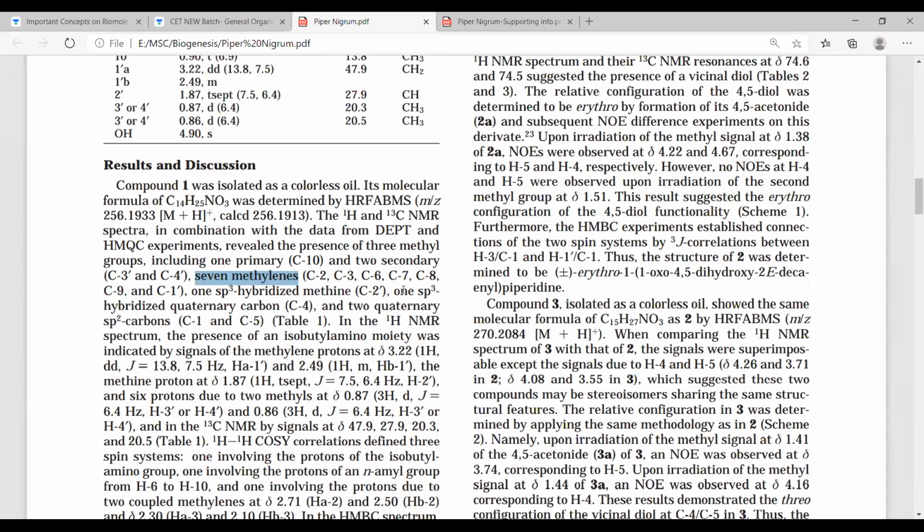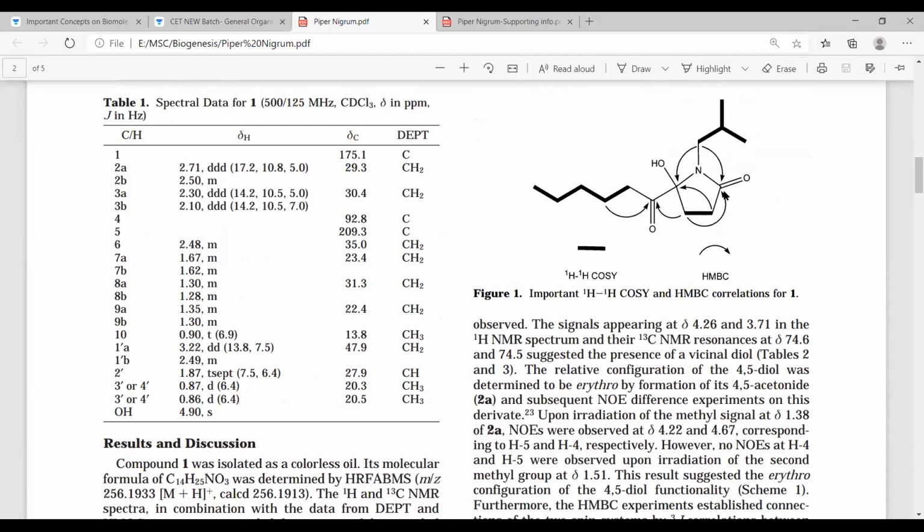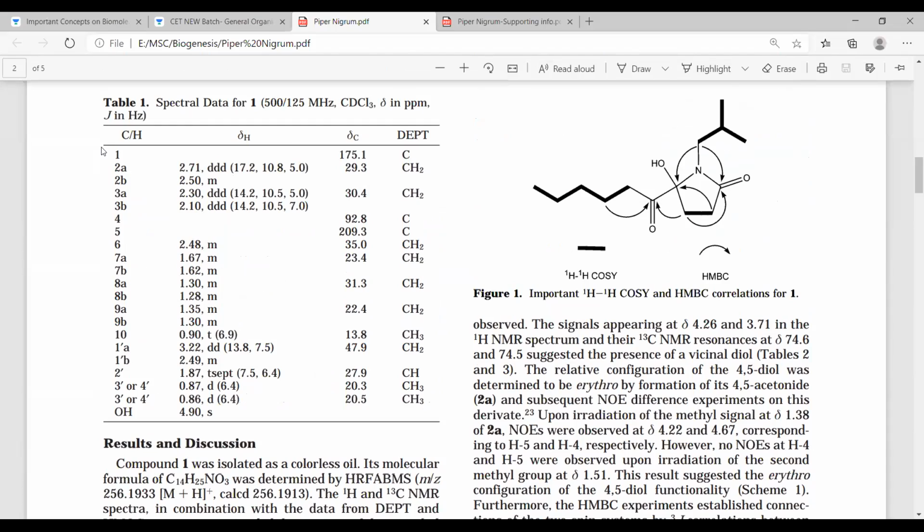And then we also discussed the 2 quaternary carbons, which are C1 and C5. Where is the quaternary carbon? This one. This is C1 and this is C5. Carbonyl carbons, yes, a carbonyl carbon is known as a quaternary carbon. So how do we provide the confirmatory data based on this table? In this table, you can see the carbon and hydrogen. Carbons having hydrogen are numbered 1 to 4 dash. If carbon number 1 is here,